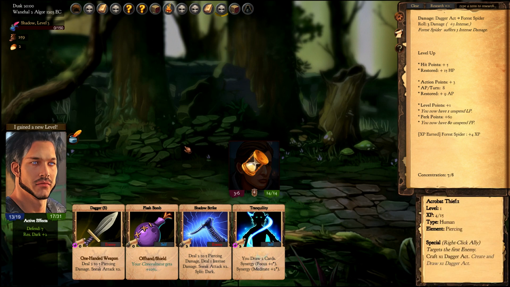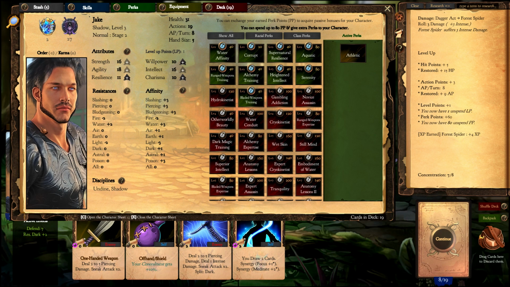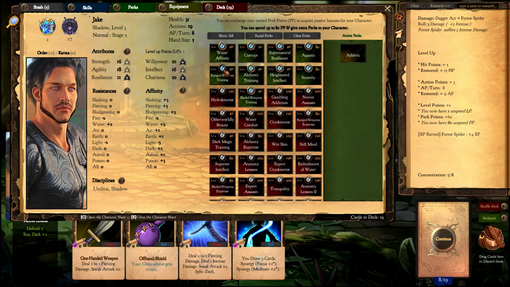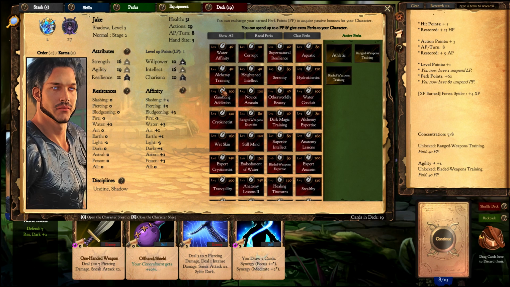Level up. Level up. Let's see what we got. Aquatic, supernatural resilience, ranged weapons training, heightened intellect, bladed weapons training. I will get both the ranged and the bladed weapons training. And